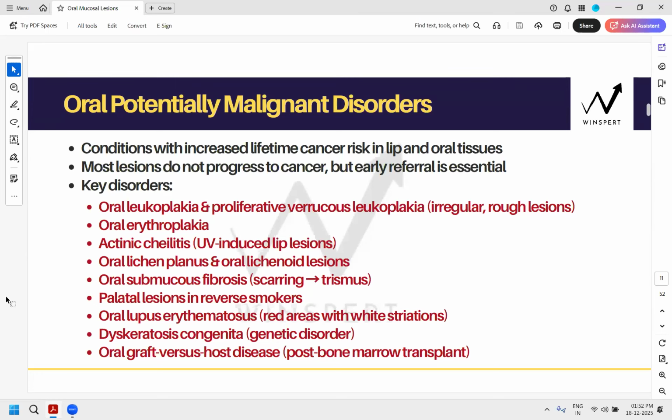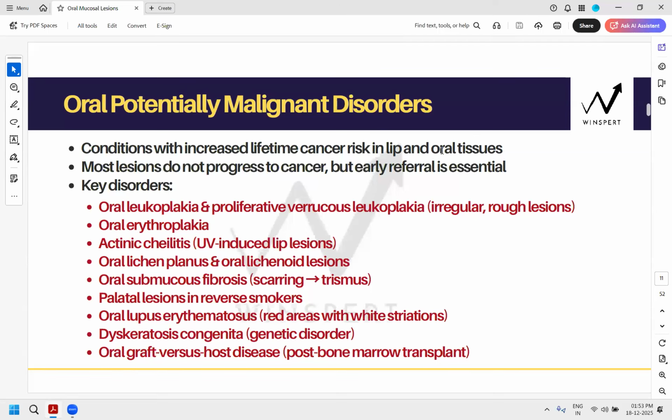That OLP and oral lichenoid come under the third category, which is potentially malignant disorders. I gave you the list, right? The third category: non-malignant conditions which warrant specialist referral. Is that right or wrong? It came under that category, right, Anusha? Oral lichenoid lesions and oral lichen planus came in that third category of non-malignant lesions warranting specialist referral. So they are also under the conditions of potentially malignant disorders.